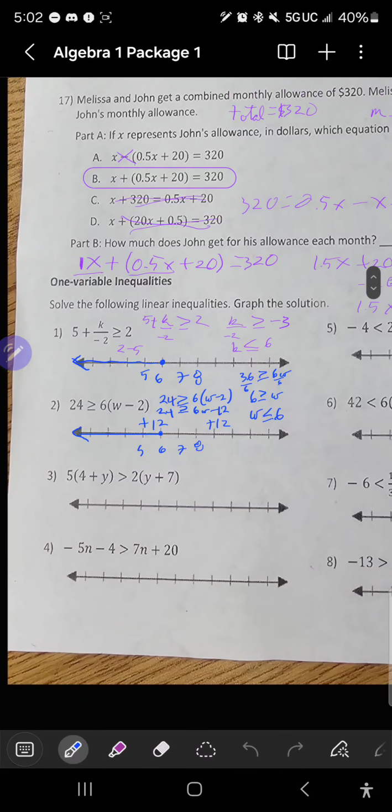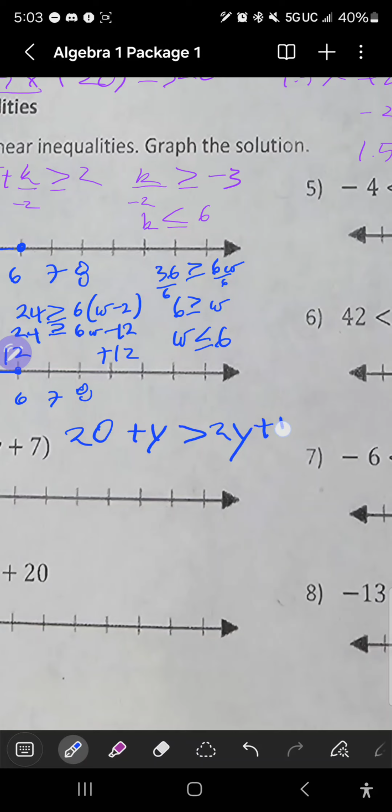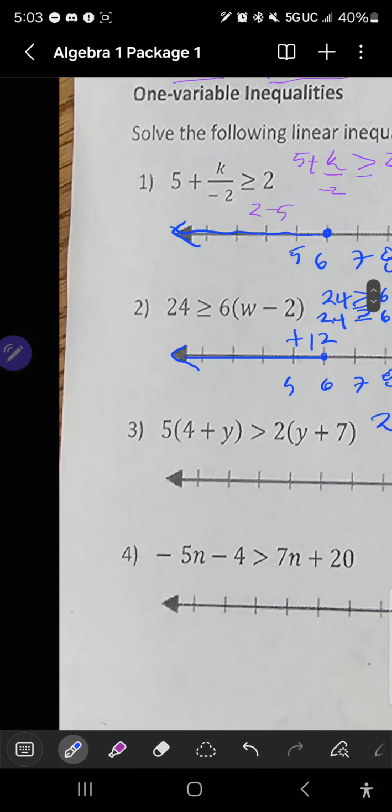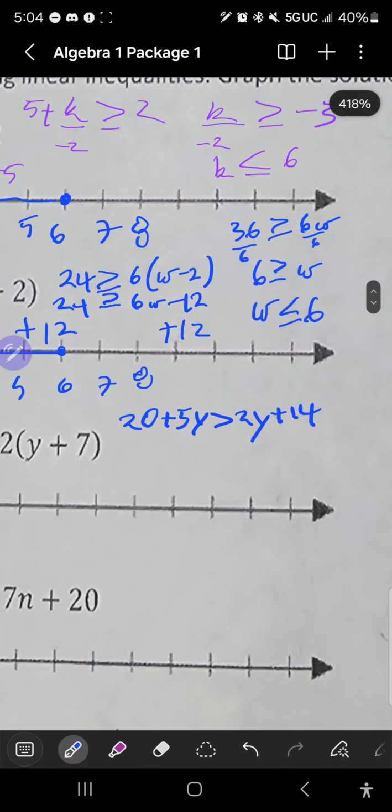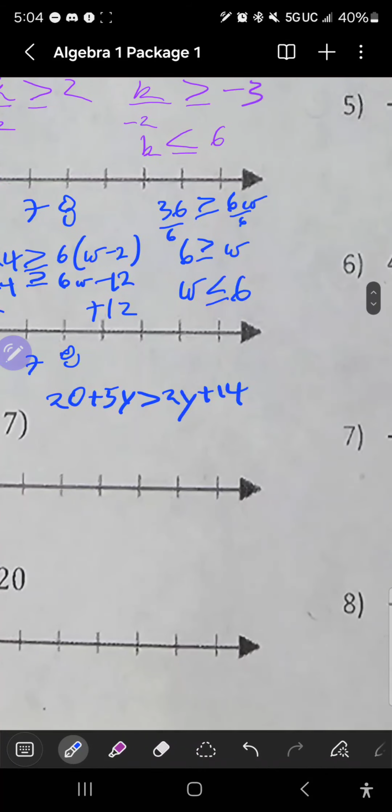5 times 4 is 20. 5 times y is 5y, so we keep the sign. Is greater than 2 times y, 2y, and 2 times 7, 14. All of this is positive because all of our numbers are positive, so the signs do not change. Oops, I forgot to put the 5y here. Now we need to keep all the variables on one side